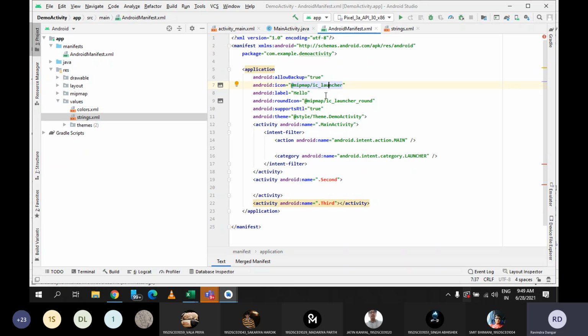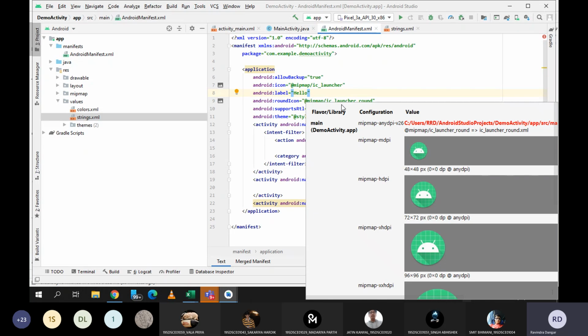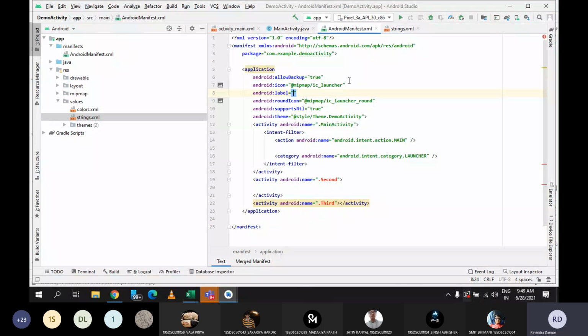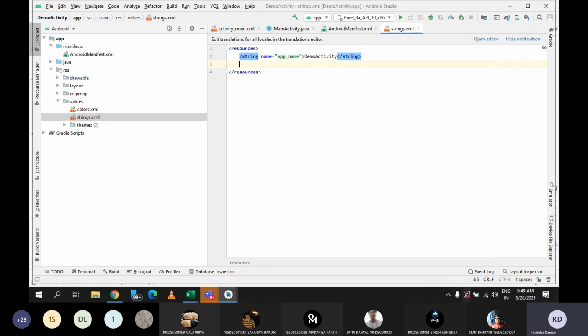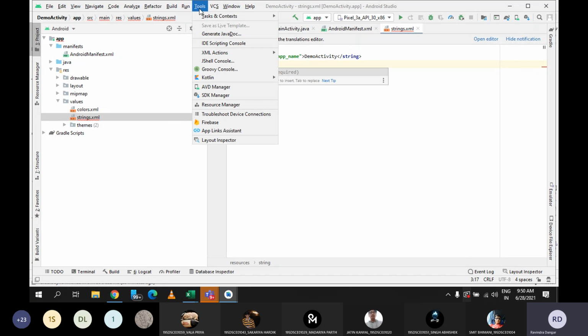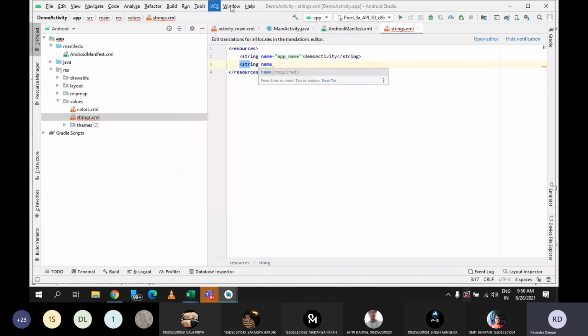तो यहाँ पे मैं क्या कर सकता हूँ, instead of hard coded value, I can give the path. So my string is located at the string folder. So I can write @string, and what is the variable? app_name. Similarly, let's say here I am going to create one more string variable. So I can write string name. Let me just increase the font size if I can do it. From where I can do it?